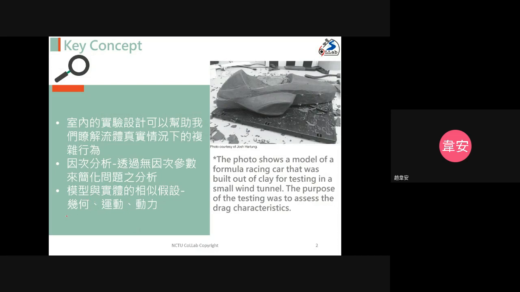The first is geometric, the second is kinematic, and the final is dynamic. So if we would like to predict the practical physical behaviors by the models, we need to satisfy